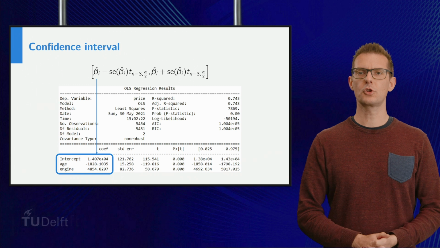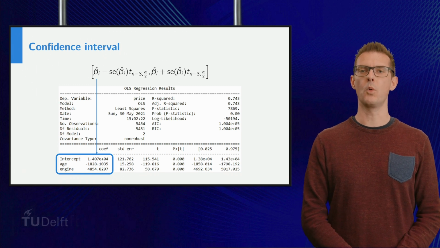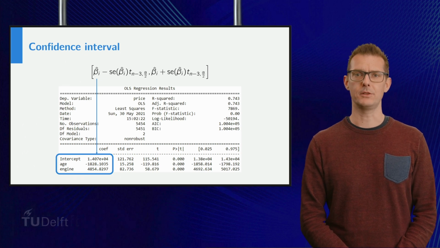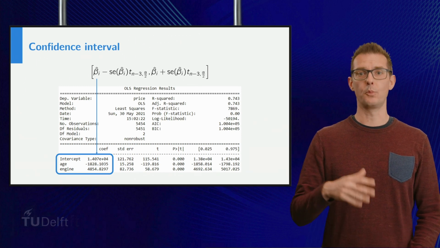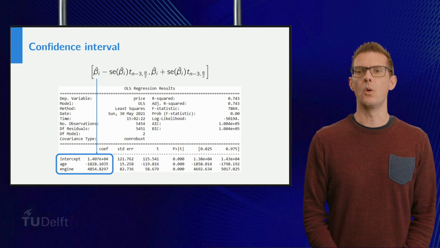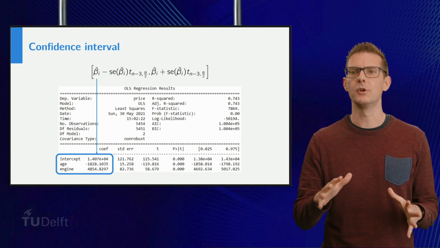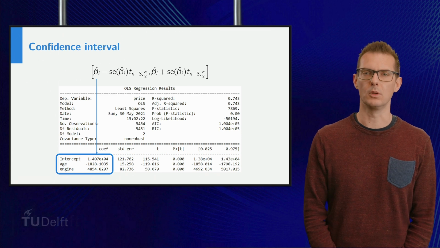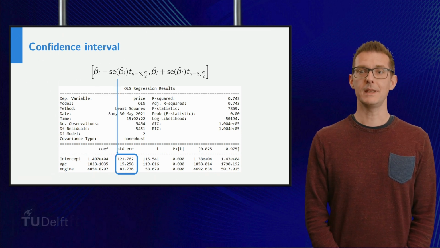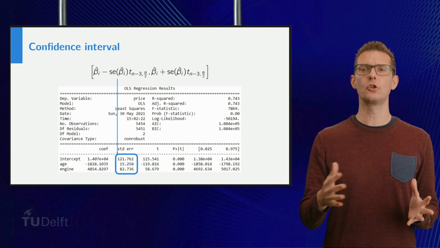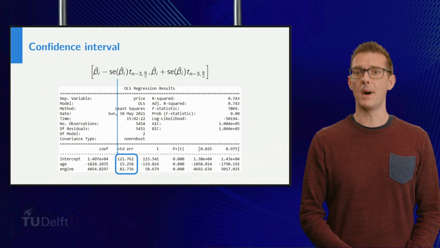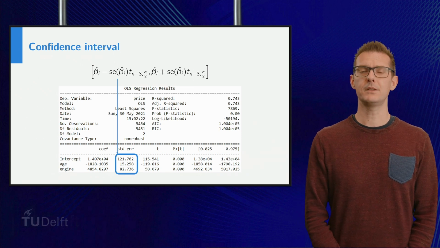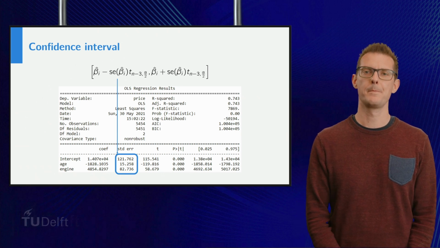In the bottom left corner of the screen, you will see that the estimate for beta 1 is approximately minus 1828. This value tells us that for every additional year of the car's age, the price decreases by about 1,800 euros, on average, assuming that all else remains equal. The next column is this famous standard error, the uncertainty of our estimates. This tells us that the uncertainty about that minus 1828 is plus or minus 15.